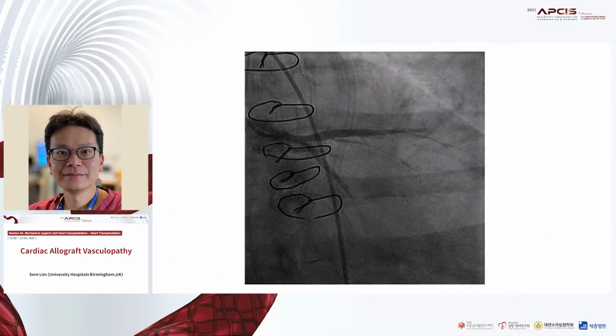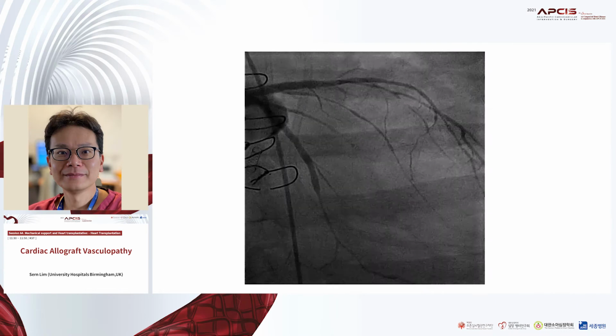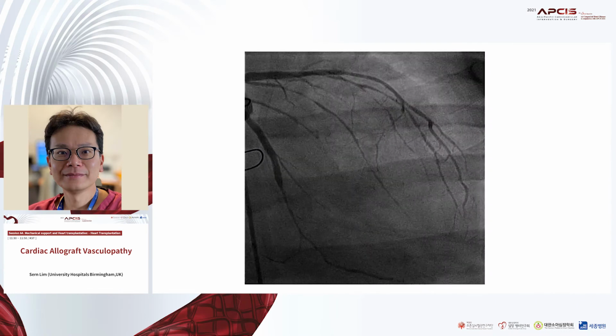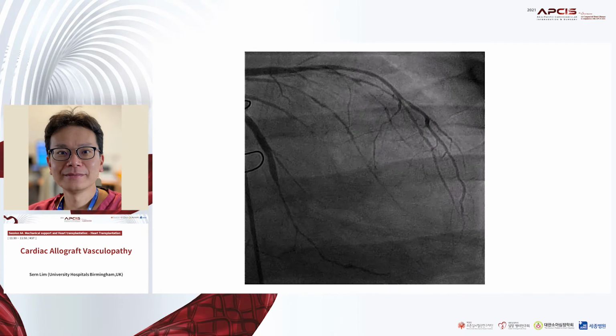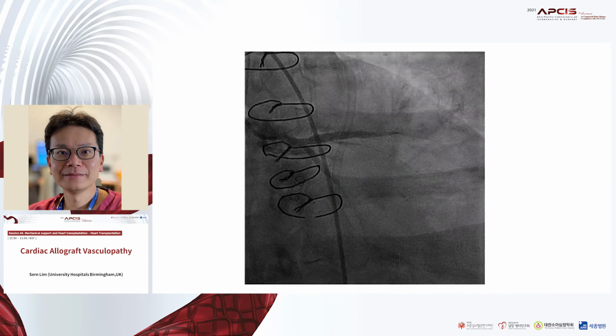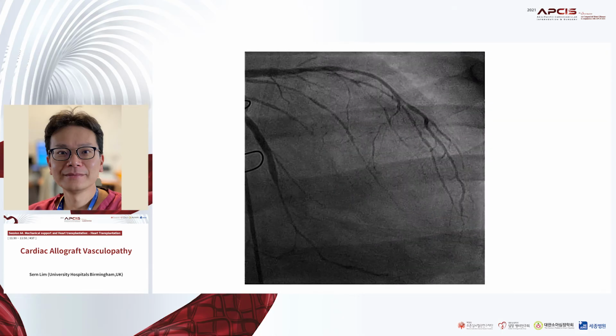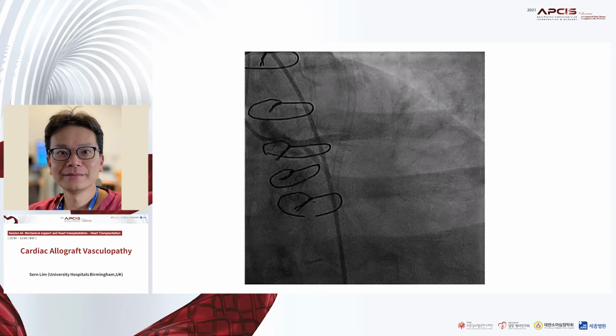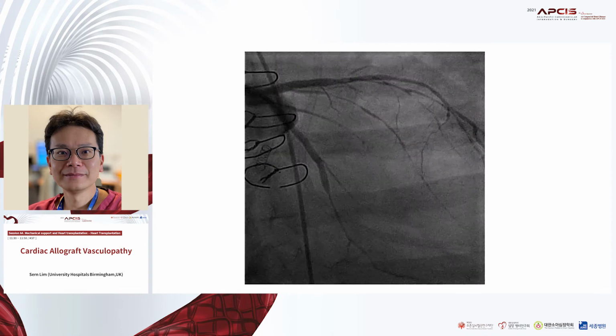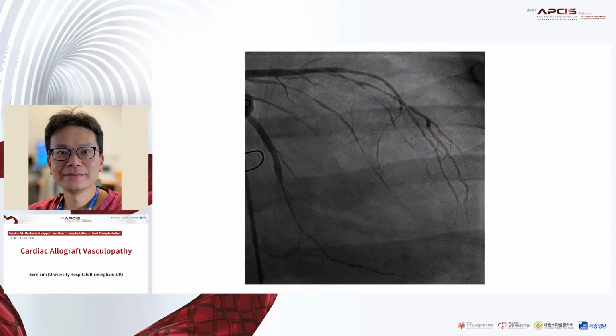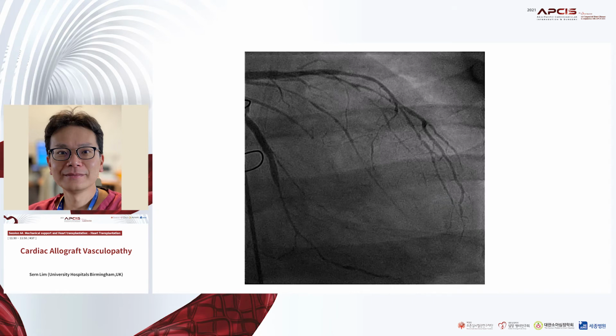So this is an example of a patient who sadly passed away from vasculopathy. She had a very rapidly progressive vasculopathy and presented with cardiac arrest. And you will see the diffuse nature of this condition and also the different patterns with, for example, in the circumflex artery, a rapid taper in the vessel diameter.